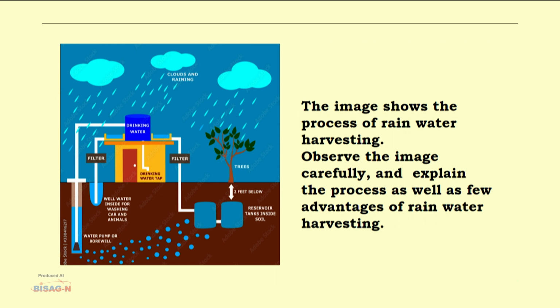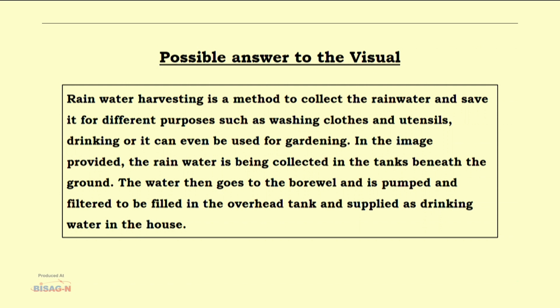So that actually makes the answer complete. However, if we look at the sample answer once again, we have not mentioned how the rainwater is getting collected, or there's no process of showing how the water is being collected. We have just mentioned, in a very simple sentence, that it is a process of collecting the rainwater anywhere,